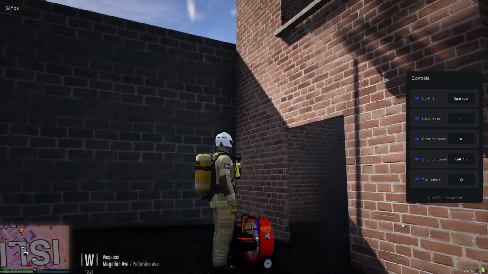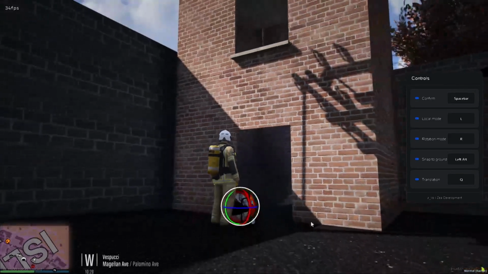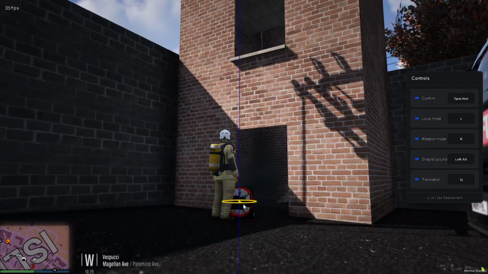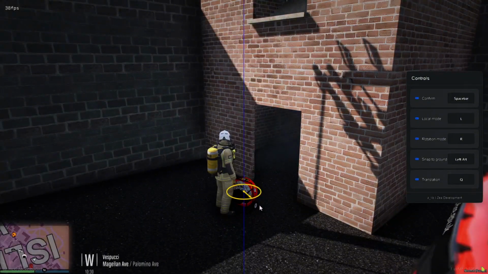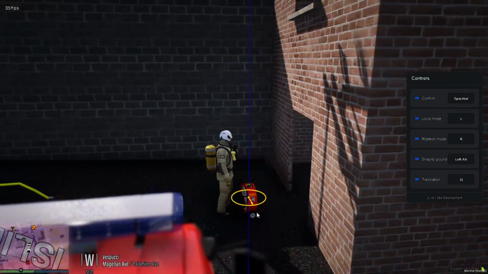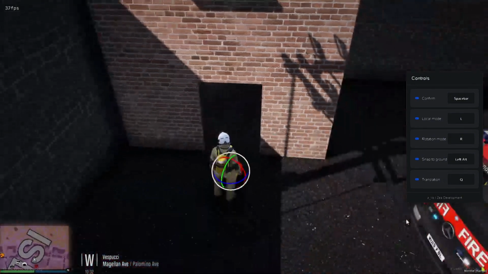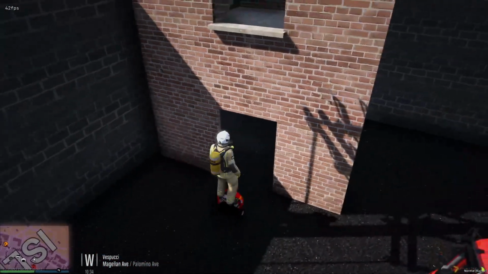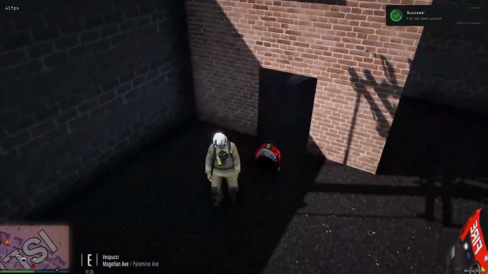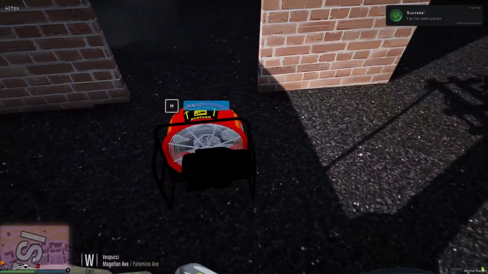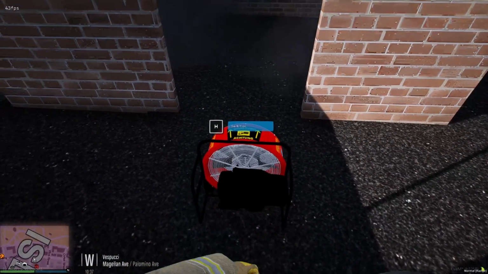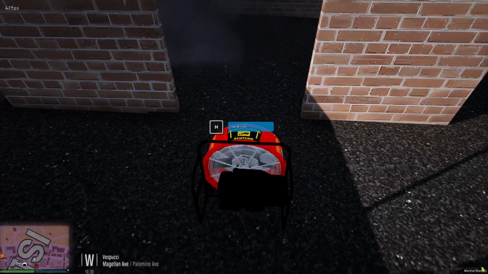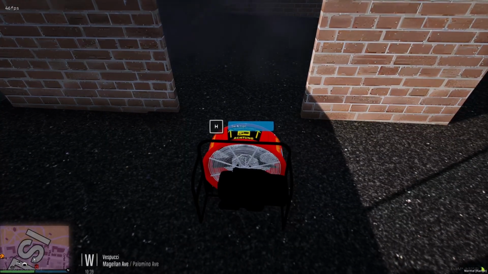So, for example, I want to turn it to the left a little bit, so I'm going to grab this line and spin it, or whichever way you want to put it. Now that is set in place. I think that is perfect. So now I'm going to press space and place it on the ground. Now with our new Zea, you're going to get these new interactions. If I press H, I can pick it up, or if I use my arrow key,